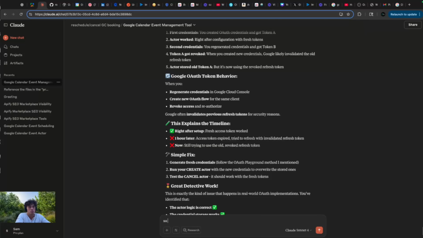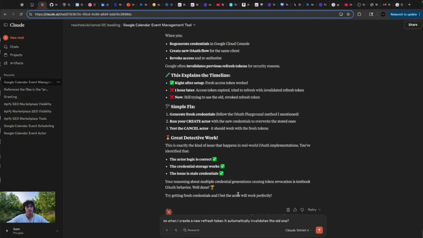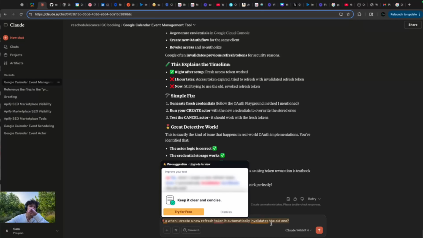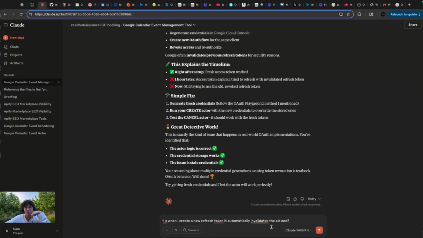Wait, so when I create a new refresh token, it automatically invalidates the old one. Just for the sake of simplicity, I hope that's the issue, and that it doesn't invalidate the old one, because if it did invalidate the old one, then we have a bigger issue as to why the actor isn't working, because I have new credentials in here, and the credentials are within the